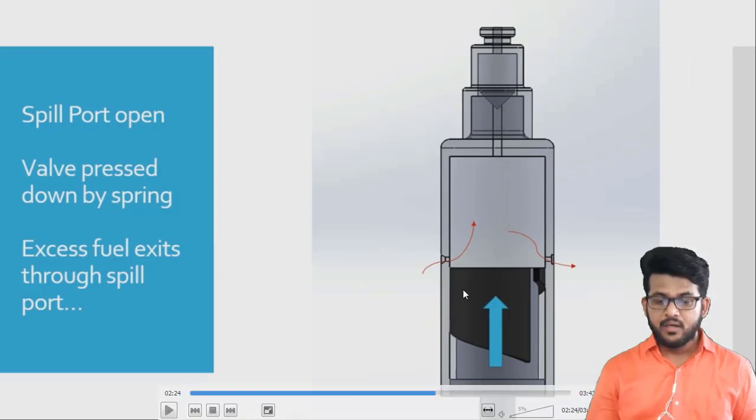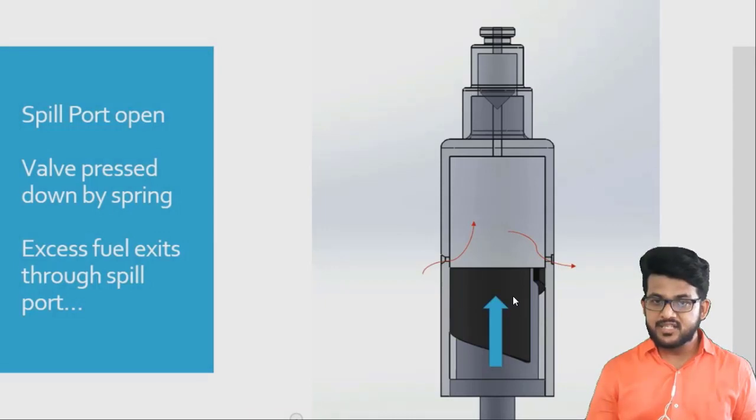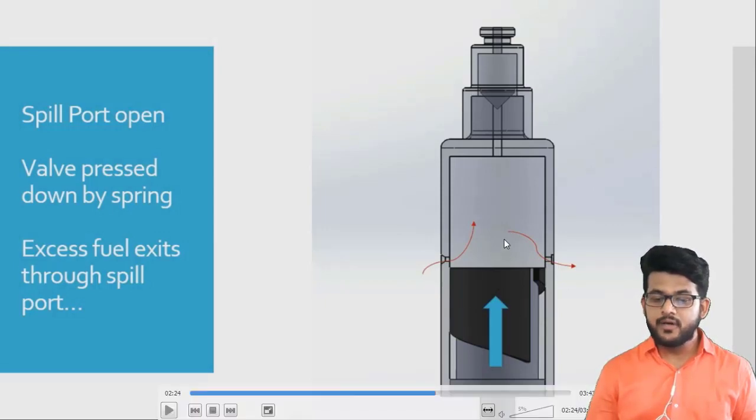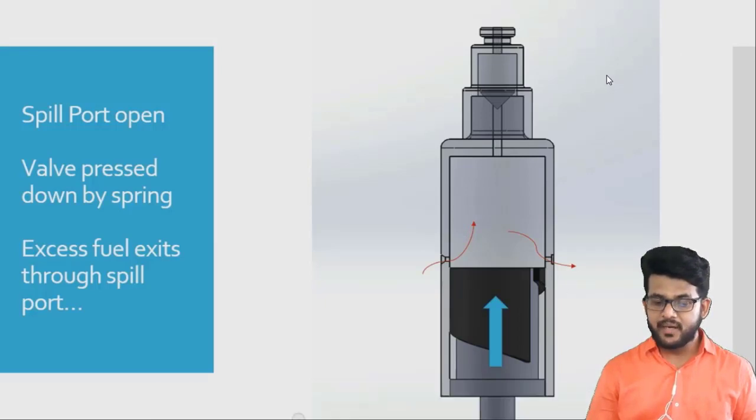You can see here, in this condition, you just need to see this condition of the piston. Fine. This groove is here, you see. This groove is here actually. Fine. So what is happening? Whatever fuel is coming inside comes into this space, and thereafter it can go outside from this spill port, because the piston is right now at this condition. Now whenever the piston moves upwards, it will close this spill port. So whatever fuel is here must be pushed towards the outlet. Fine. So this is how it works in a simple condition.